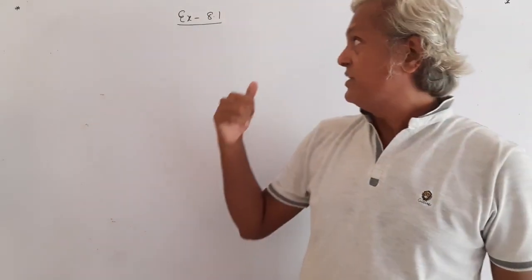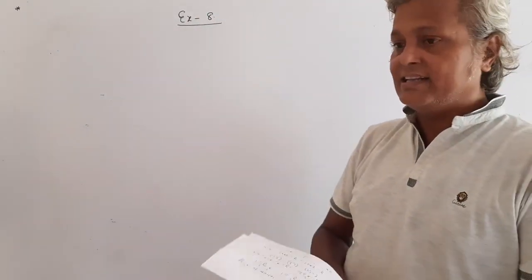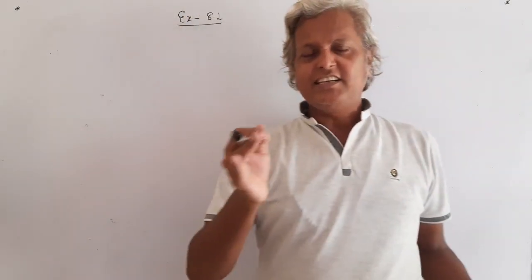Now I'll move to the questions of exercise 8.2, and in 8.2 you will find that the area enclosed between two graphs will be very much like this, but with just a little twist in the story.